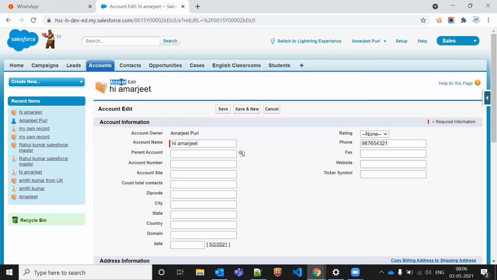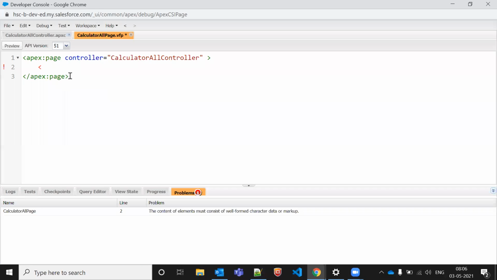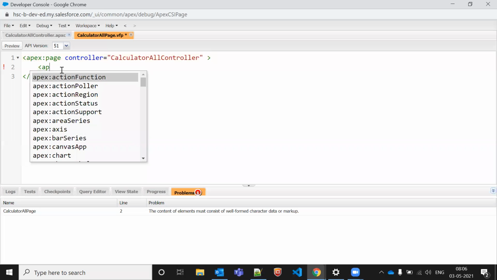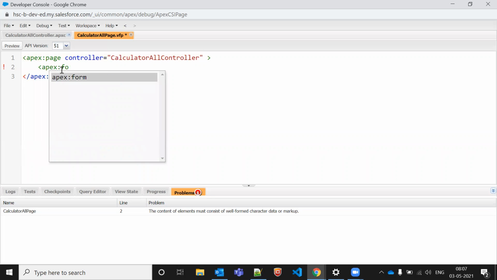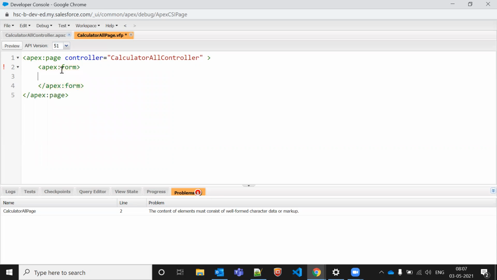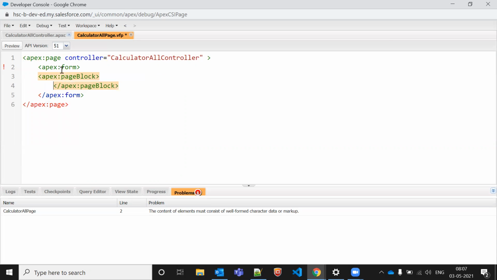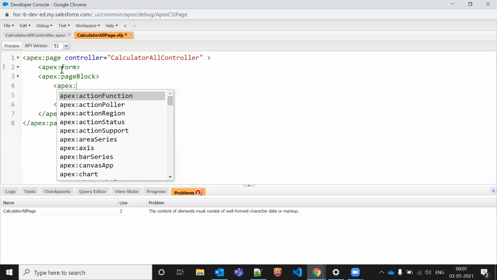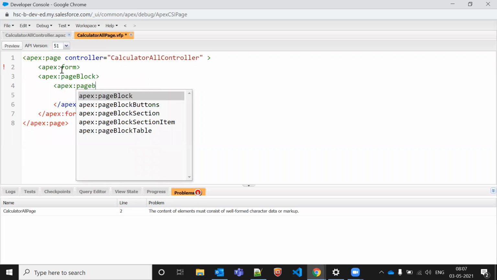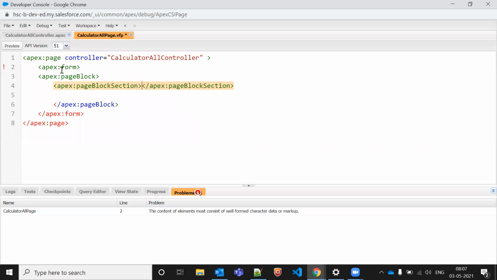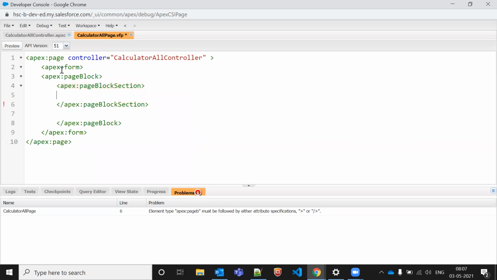First we'll create account edit. Let me create the form only. Then we'll create a block. Now we'll create sections.